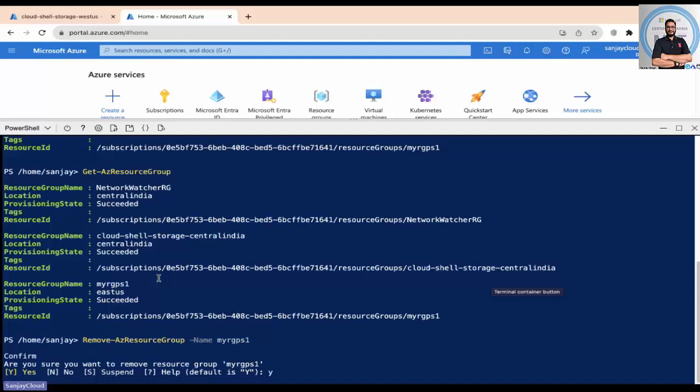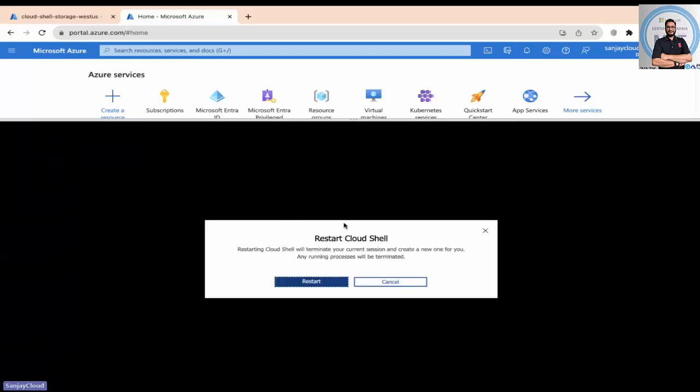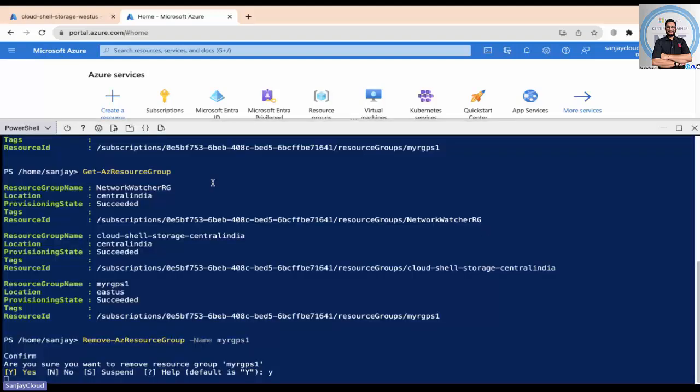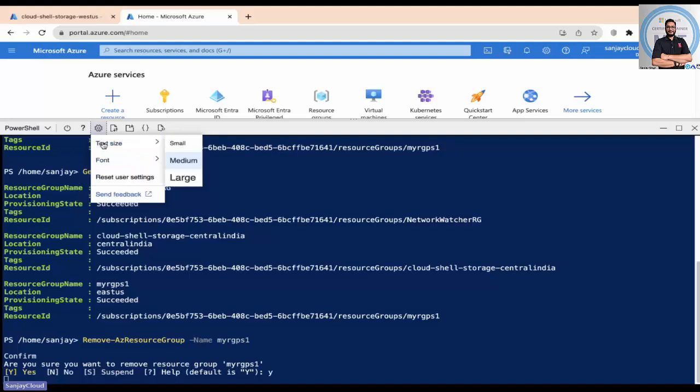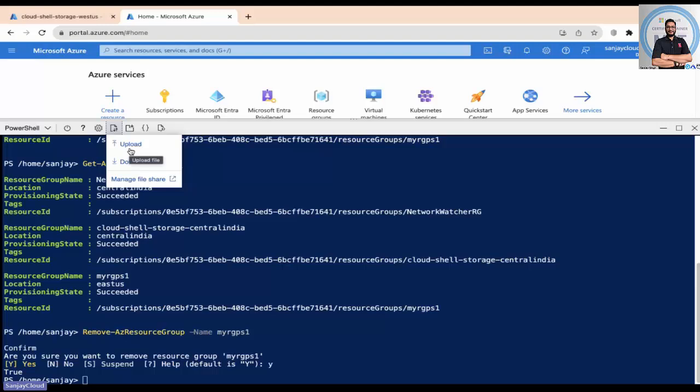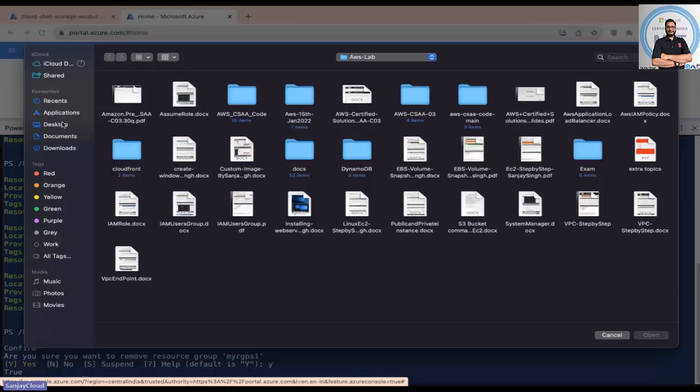By default, you will get the Azure module installed in Cloud Shell and you will be authenticated with your currently signed-in user's credentials. Correct? Now, if you look at the right-hand side of this PowerShell icon, we have a power button where I can restart my Cloud Shell at any time. Then next we have a help tab where you would be able to get help and you will be redirected to the help section. Next we have a settings tab where we can customize our text, fonts, color. Then we have an upload and download tab where I can upload scripts and download scripts. If I have to upload any document, I can click on upload and then I will be redirected to my local system where I can select any